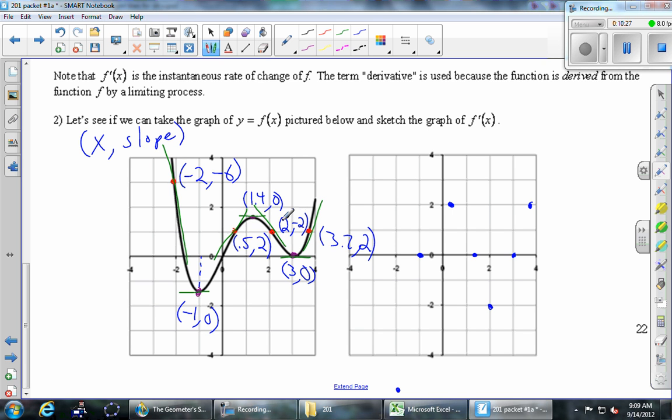And so I now have 1, 2, 3, 4, 5, 6, 7 points that are on my derivative function. Did I miss something? Okay. And then we connect the dots in some reasonable fashion. Just draw some curvy thing that hits those 7 points, and you're going to have a pretty good sense of what the derivative function looks like. So it goes up, it hits, it comes down, it hits, it goes up, something like that.